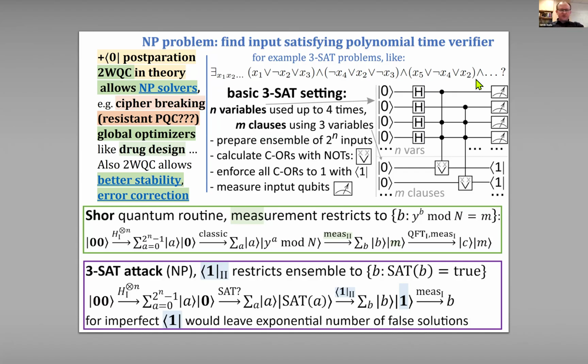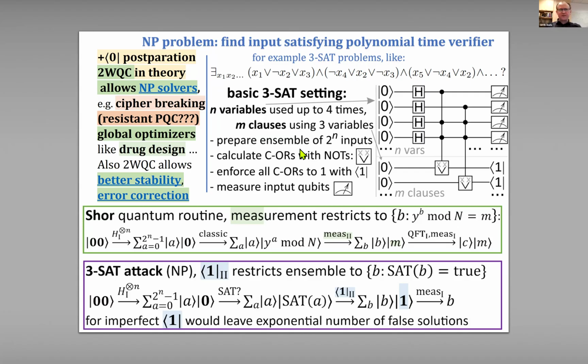This is quite similar to Shor's algorithm. In Shor's also we prepare a quantum superposition of an exponential number of inputs. Then we calculate a classical function, this one. Then we measure, and this measurement restricts the ensemble to a periodic one. And with the quantum Fourier transform, we can find this period, which gives us a hint for the factorization problem. In 3-SAT, instead of measurement, here we enforce 1, post-select to 1. And doing so, we should get a solution to our NP problem, which we can measure. So if successful,